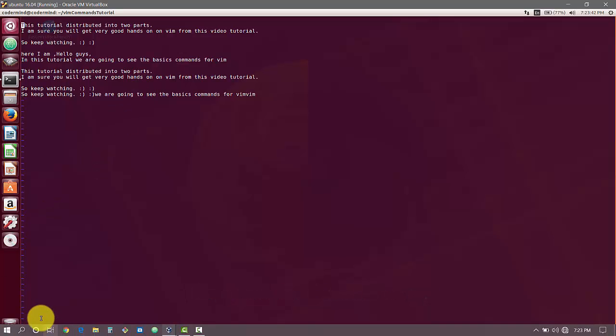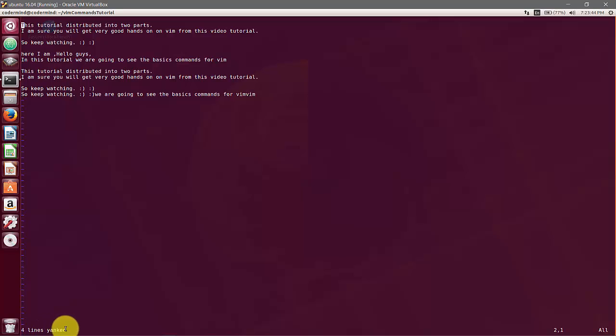Here you can see that 4 lines are yanked. Those yanked or copied lines are stored in the VIM buffer. I can paste those lines here. You can see the 4 lines from here are copied and I pasted them here. This is all about copying.